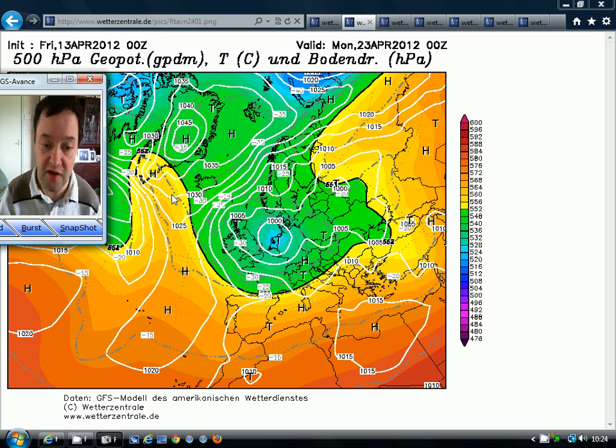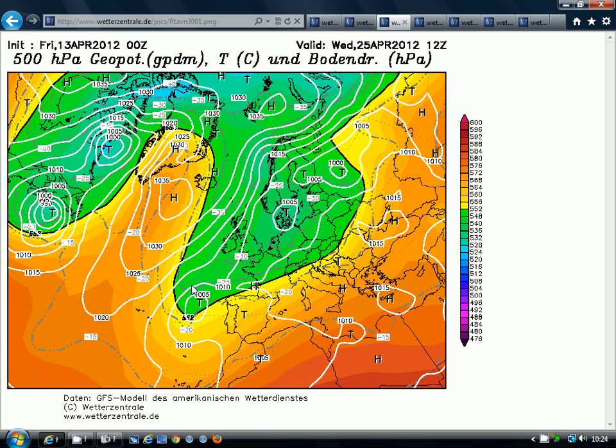The GFS is indicating this morning that a blocking feature could develop over Greenland in 8 to 10 days time. So that's a cool and wet pattern with northerly winds and low pressure firmly in control. We can have a look at 300 hours time, by the way, and that's to Wednesday the 25th of April, and we've still got that blocking feature developing to the north, and a cold northerly wind and a trough